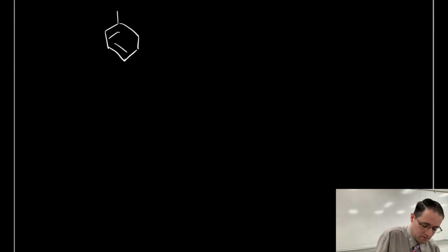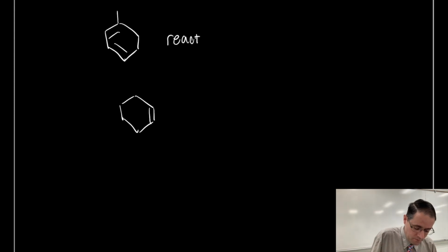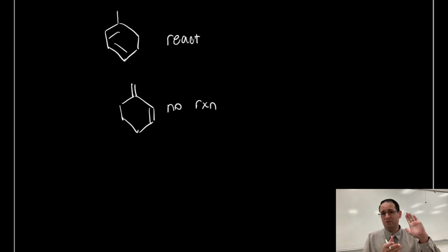So that means that things like this will react because the alkene is arranged in an S-cis orientation. But if you have things like this, that will not react because the alkene is positioned in S-trans configuration, it can't rotate around when you have it locked in a ring, okay? The third rule for the Diels-Alder reaction